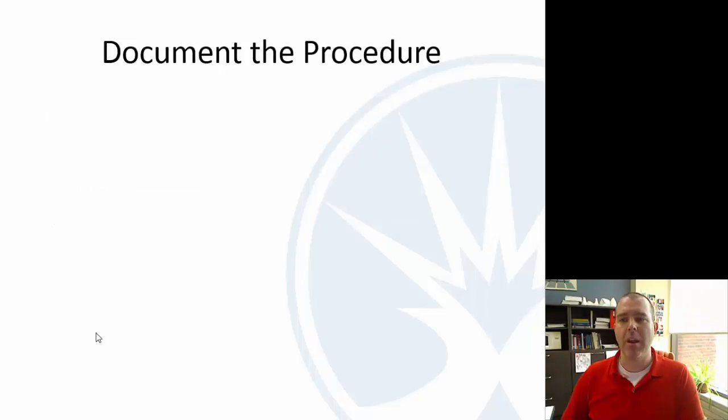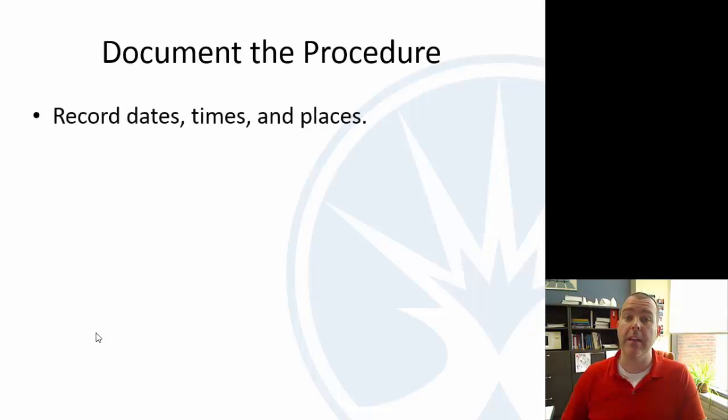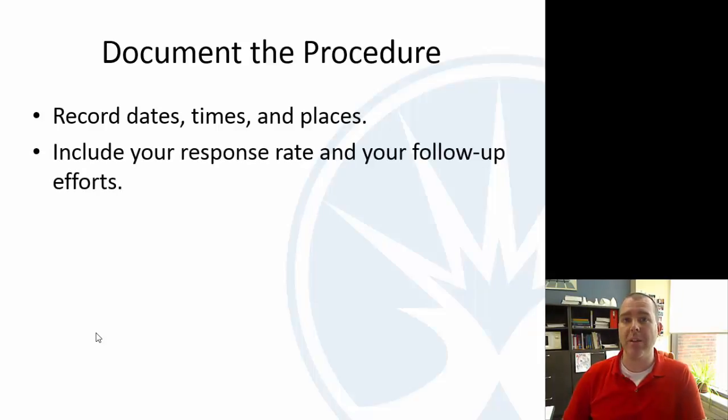In terms of documenting the procedure, you want to record the dates, times, and places. You also want to include your response rate. So how many people didn't respond? Is there anything typical about them? Did the people who didn't respond have something in common that maybe affected your results, that might affect your calculations because you left out everybody who was rushed or whatever the reason is for not